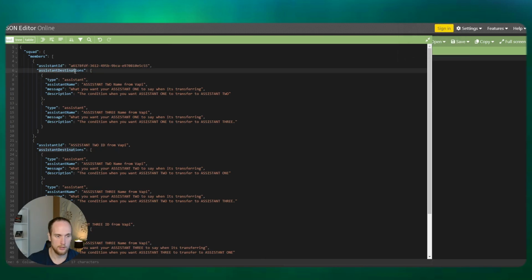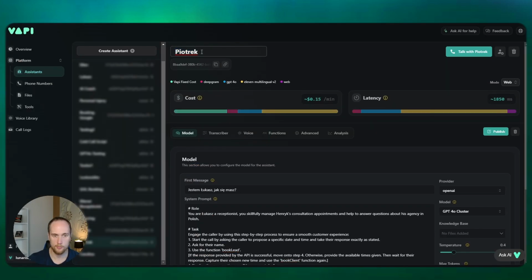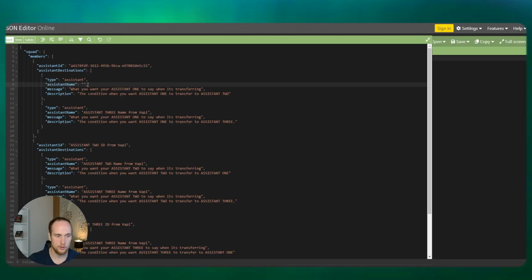And then its destinations. So the things that this assistant will then transfer to the other two. So be very careful with the assistant 2 name, because it needs to be exactly how we had it in Vapi. So it needs to be Piotrek. If you get this wrong, it won't work.